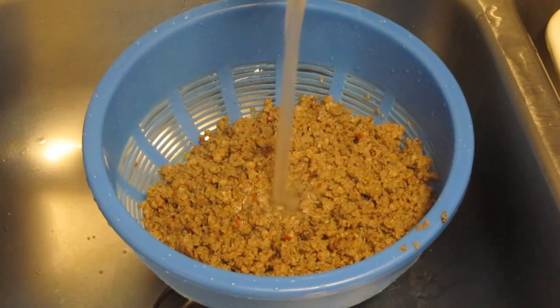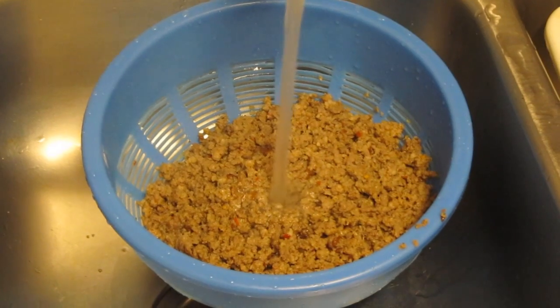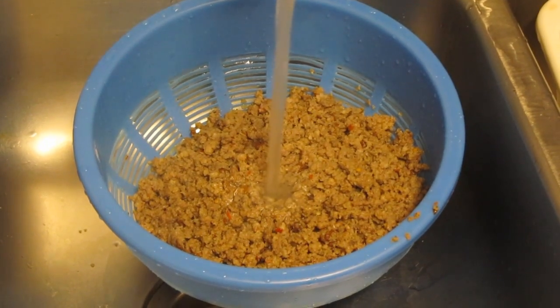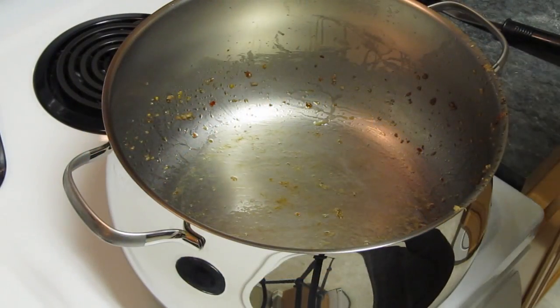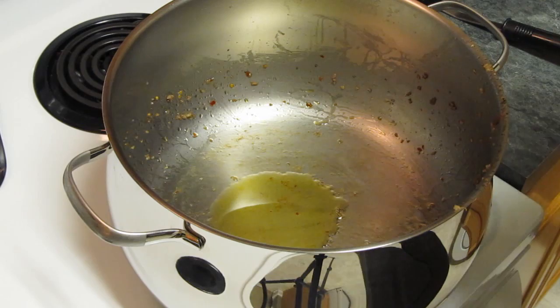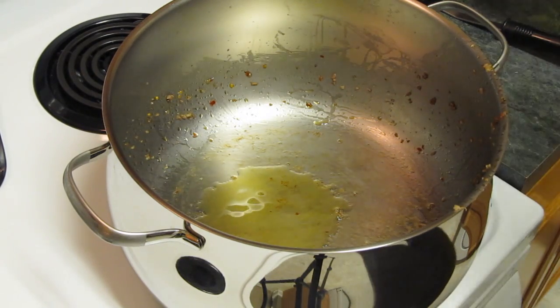As before, I rinsed that with hot water to get any extra fat that I can off of it before I dehydrate it. Now that I've got the beef, or actually sausage, taken care of, I'm going to go ahead and get another couple tablespoons of olive oil in there